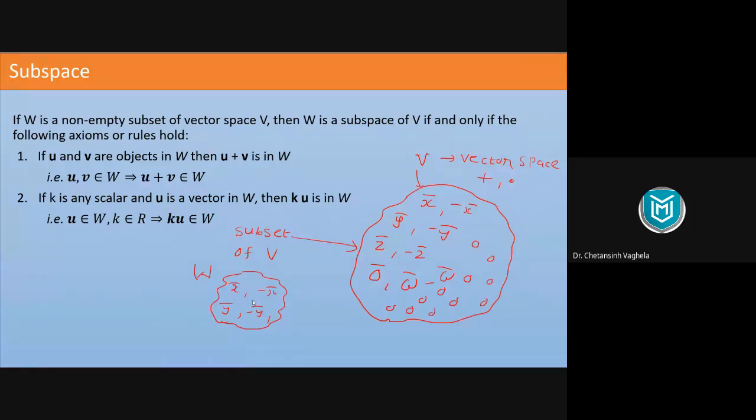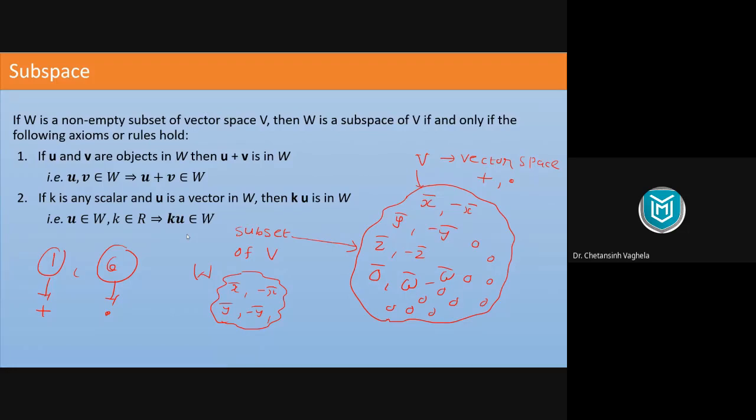So for that we have two conditions here. And that condition is, if you choose a subset W from a set V, and if it satisfies condition number 1 and condition number 6 of your vector space, that means closure property of addition and closure property of scalar multiplication. If these two conditions are satisfied, then your subset is always a vector space. अगर ये दो कंडीशन सेटिस्फाई हो गए तो बाकी सारे हो जाएंगे. इसमें जीरो बार का भी कोई इशू नहीं रहेगा, नेगेटिव का भी कोई इशू नहीं रहेगा, वो सब बाय डिफॉल्ट हो जाएगा if these two conditions are satisfied.